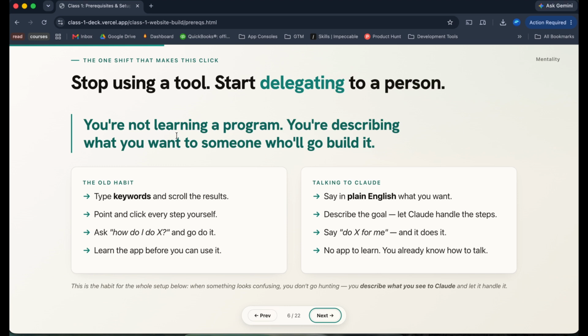So think of it as if you're talking to a human or an employee or somebody who works for you to get things done. The exact same thing you would say to somebody you work with is how you should communicate with Claude, and it'll be a lot easier because it opens up a lot of doors. You don't feel limited in what you can and can't do, and Claude can just work with you and figure out what to do.